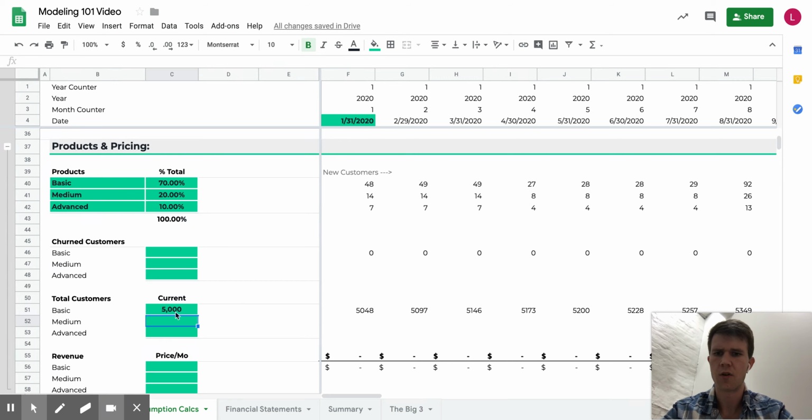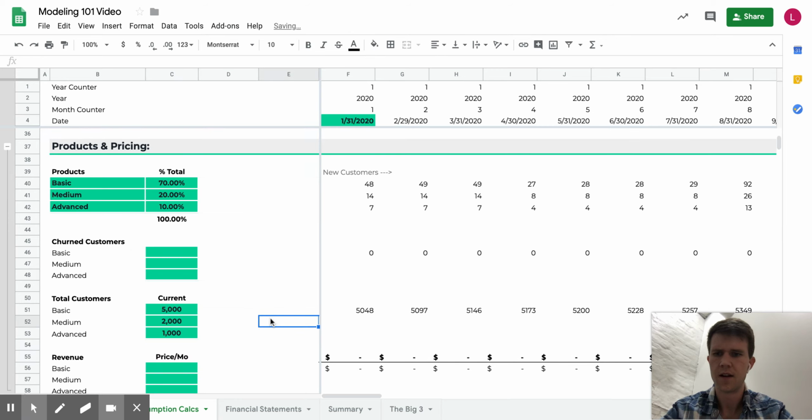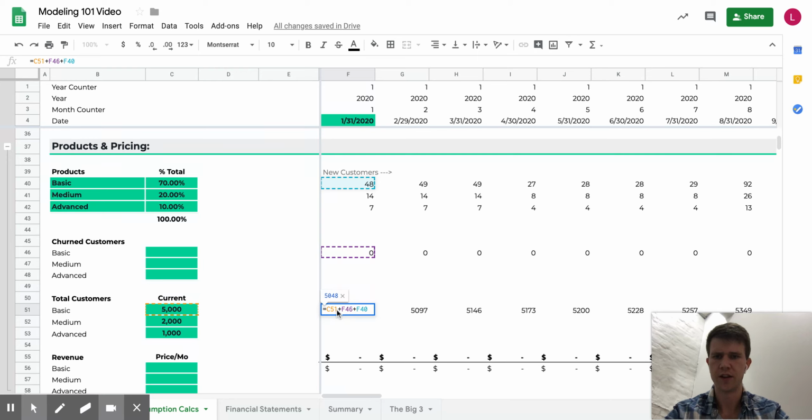And we're going to say that our medium customers, we only have 2,000, then maybe 1,000 of these, right? So what this math is doing currently is it is taking our current customers, and then here in a second, we're going to calculate churn rate. So it's going to be subtracting out churn customers, and then it's going to be adding in the new customers that we get